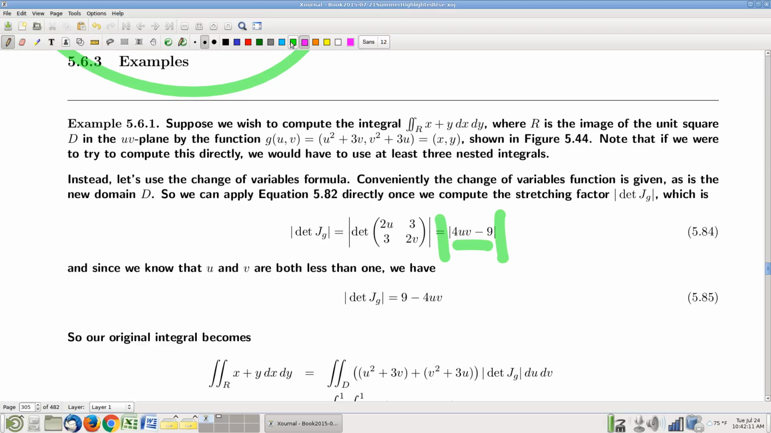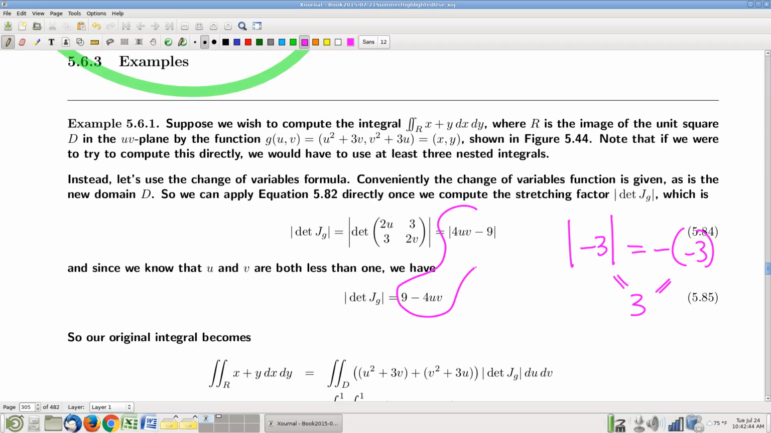I know that high schools tend to be pretty bad about talking about absolute values, so let me just point out the absolute value of negative 3, for example, is the negative of that negative 3. Yeah? That makes sense to everybody? But it's nice to remember it in this way, that the absolute value of a negative is the negative of that negative. Okay. All right, so nice punchline then. The absolute value of 4uv minus 9 is 9 minus 4uv